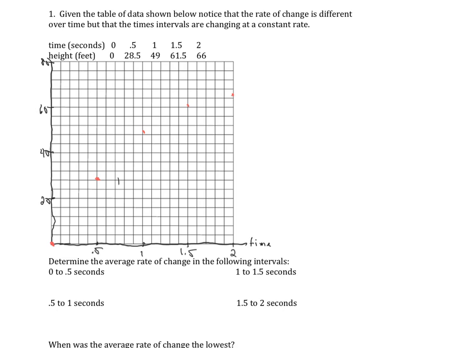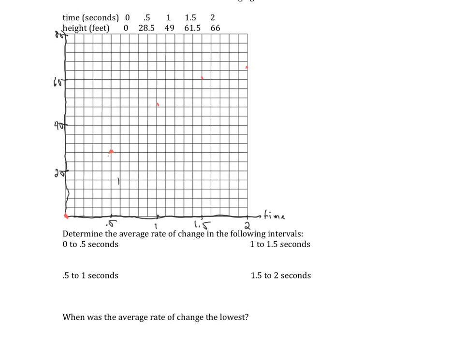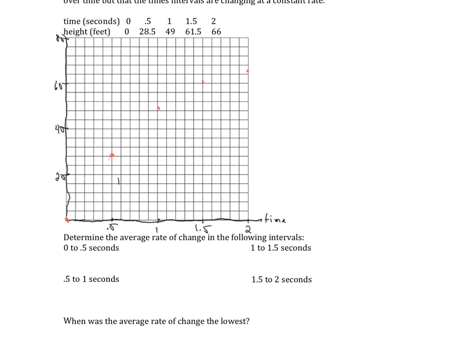Now, as you look at these points, we could connect those with a nice smooth curve, but I want to just look at the points for a moment. You can see that that rate of change is decreasing over time. The difference from 0 to 0.5 is much greater than the distance from 0.5 to 1, and so on. If I connected each one of those points, I would have what's called a secant line. And to find the slope between each one of those points, we're going to come to the bottom of the page, and we're going to find the slope of each of those secant